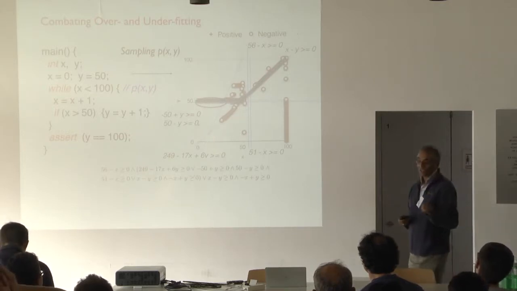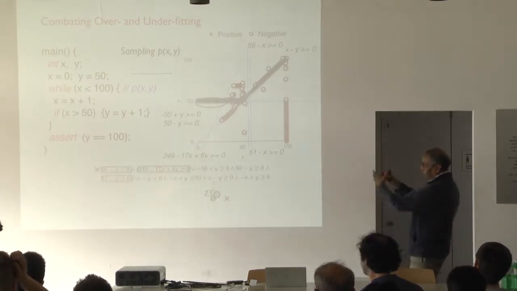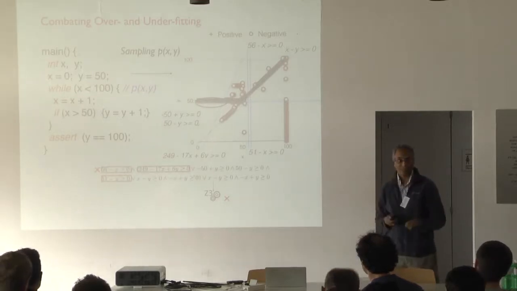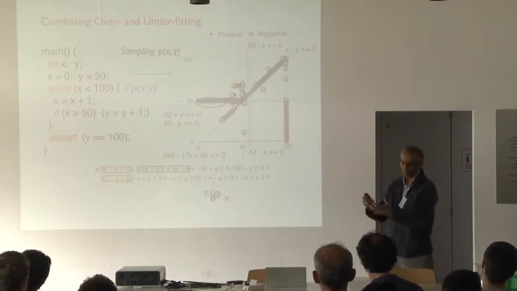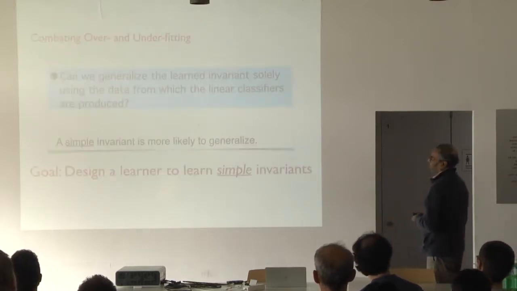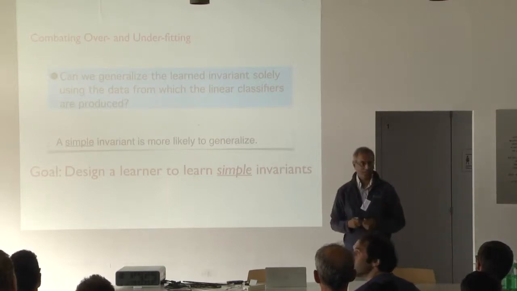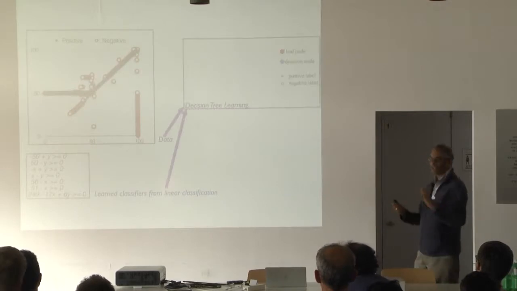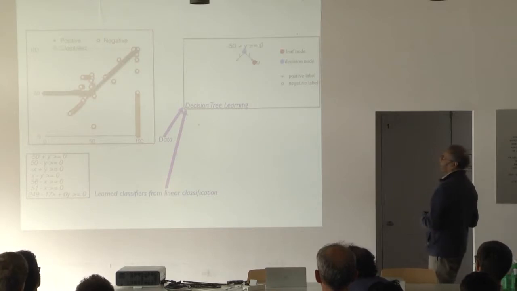So the very first thing we need to do, and indeed, if I were to take this classifier and then try to verify that this is sound with respect to what we've got, Z3 barfs. It says it doesn't know what's going on, right? Not surprisingly. So can we actually generalize from what we have to real invariants? And indeed, we use decision tree learning for this particular purpose, so we can actually use other tools available to us to